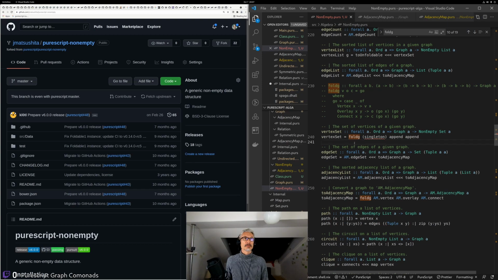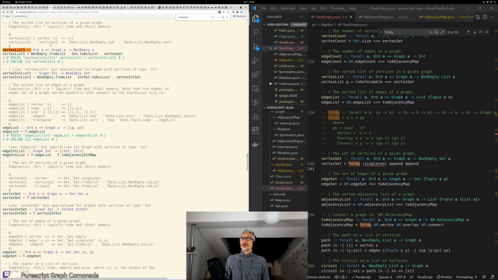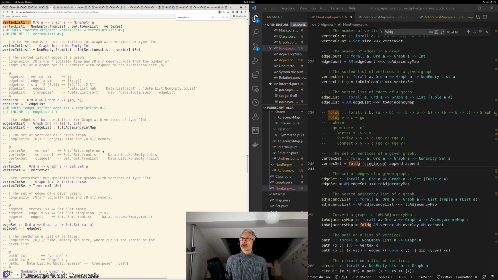So yeah, we were trying to find out whether we could express vertex set in terms of fold G and yielding a non-empty set. And I was hoping that by using append here, I could use the semigroup instance of non-empty set and basically append underneath non-empty, and append being set union, do the union, and I suppose we should look at what vertex set looks like in